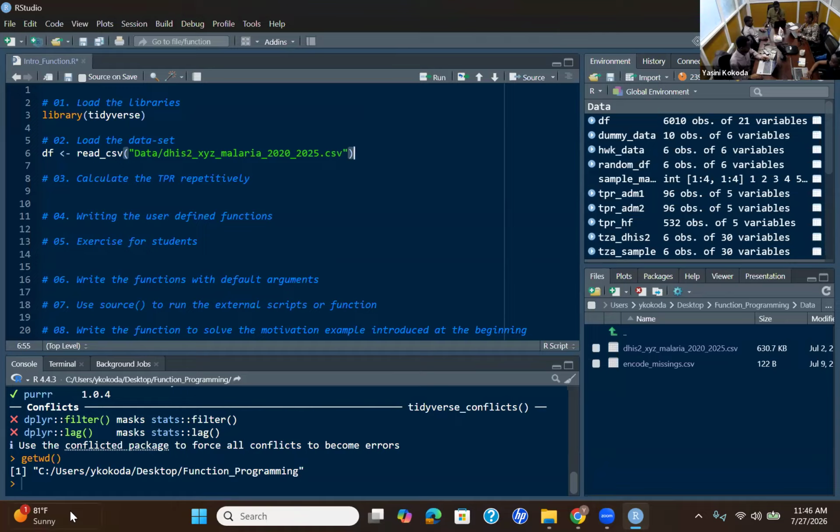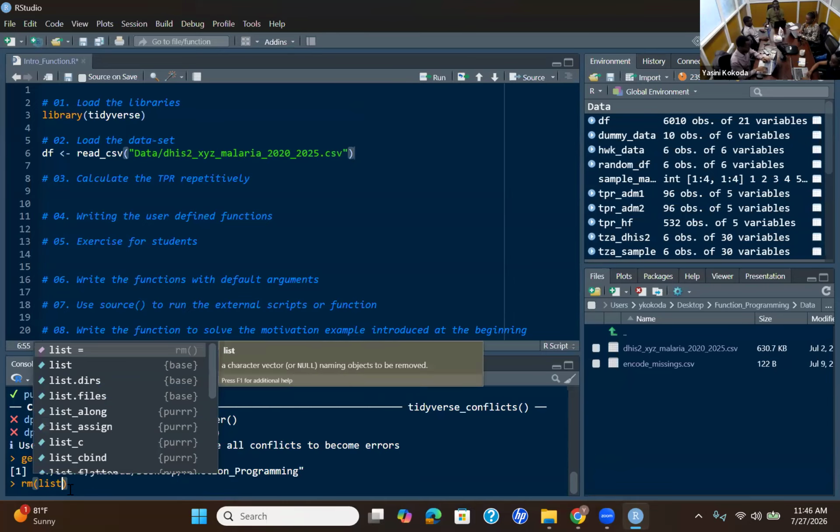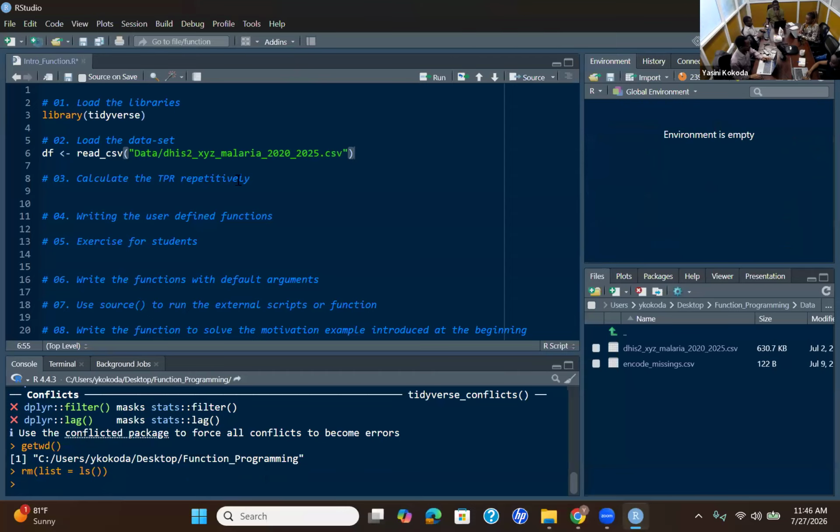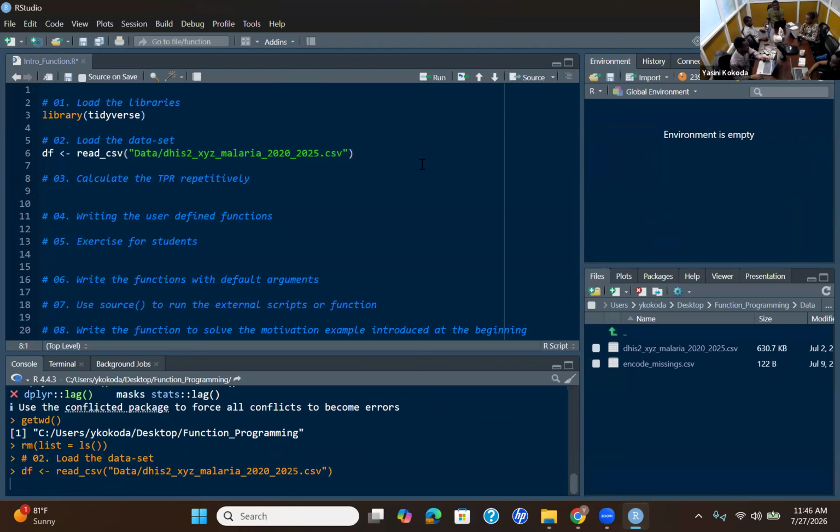And then I forget to clear the environment. So you can do so also if your environment is messy like this. So I'm gonna remove everything from the environment so that we can run from